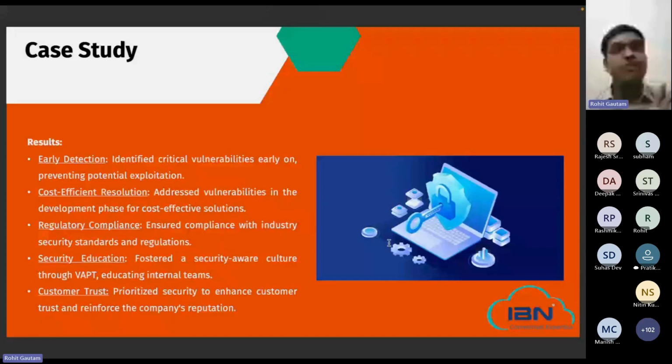What will be the result of these activities that the organization would do? The results would be something like this. Early detection of critical vulnerabilities that can be potentially exploited later on by attackers. Second, cost-effective resolution. These vulnerabilities now can be fixed in the development phases moving forward in the next life cycle, where there will be a next update life cycle of the application, or if another applications are going to be